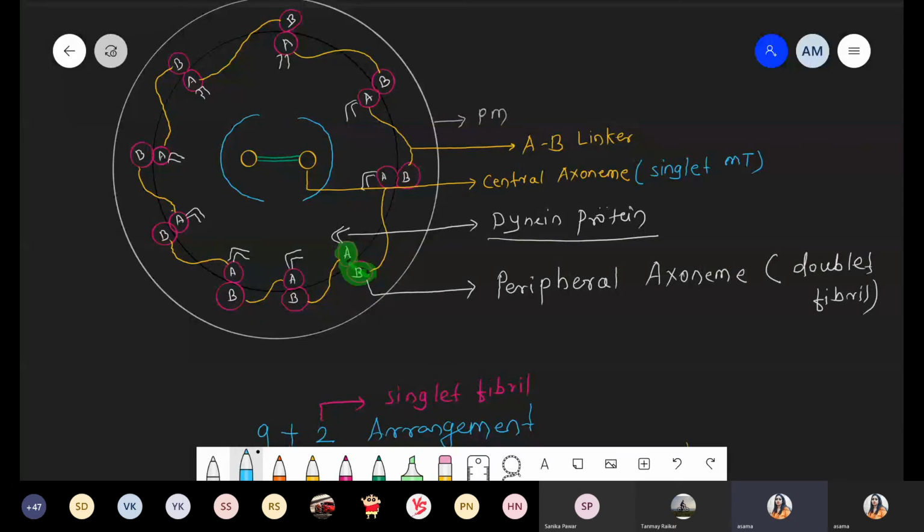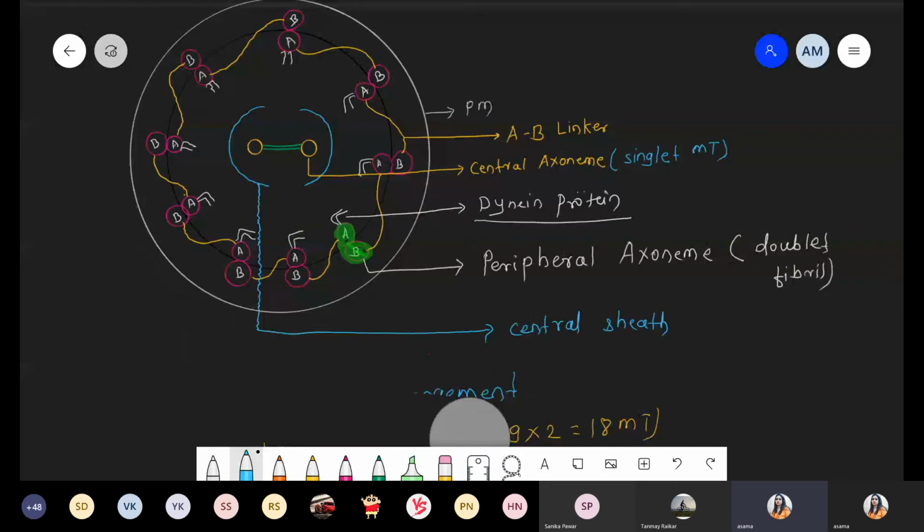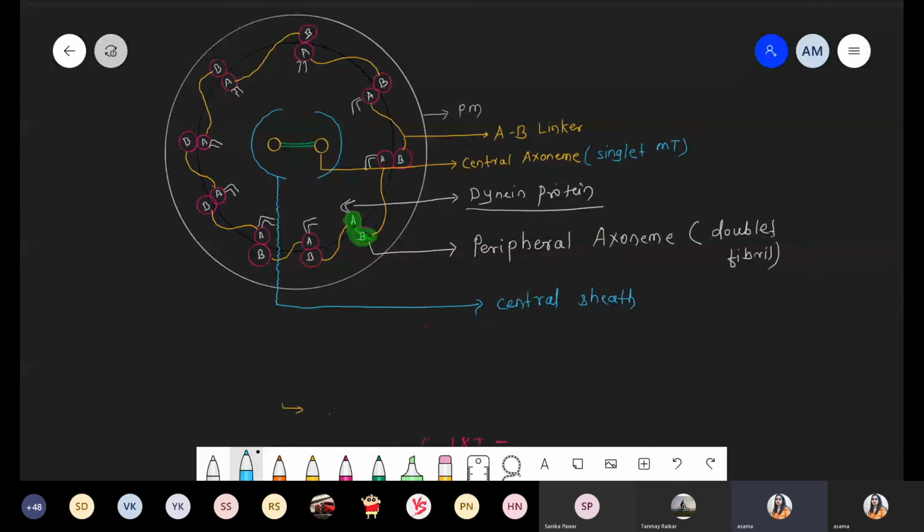ये जो part है, which is covered, which acts as a boundary around that central axoneme. This one, this blue color. So this structure of blue color is called the central sheath. Sheath means what? A protective layer, and definitely the central sheath protects this central axoneme. So don't worry, function के ऊपर question कभी नहीं बनते, but maybe there is a question on the diagram because they simply give A, B, C, D and बताओ what is A, what is B. So you have to remember this point.